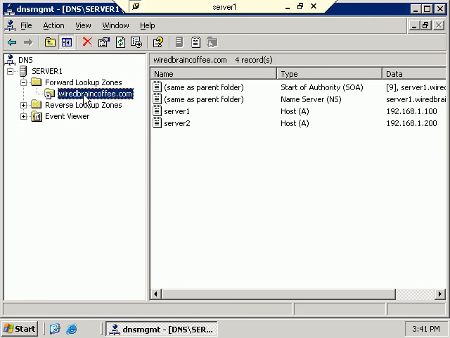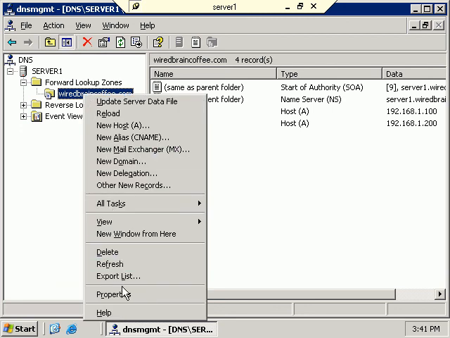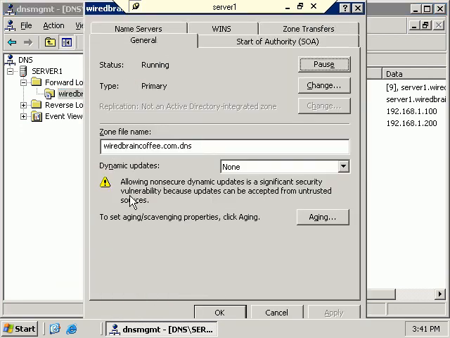To do this, we need to right-click on the zone. We go under the properties of the zone, and here where it says dynamic updates, this reads a little bit different than it did in Windows 2000, where it basically said no, yes, or secure. Here we have none, meaning no, dynamic updates are currently disabled, or we can turn this on to non-secure and secure. What this is referring to here, depending upon what type of zone we're running, is going to control whether or not these are secure or